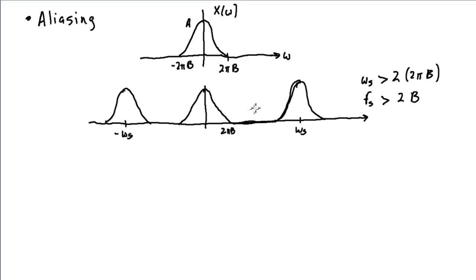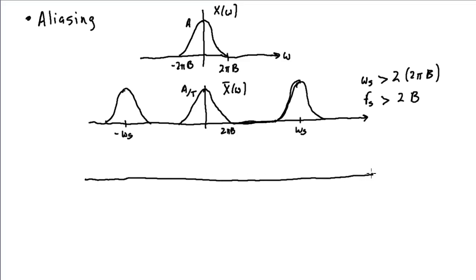And I'll be able to then recover, this would actually have a height of A over T. I can then go from X bar of omega back to X of omega by low pass filtering. Okay. Now